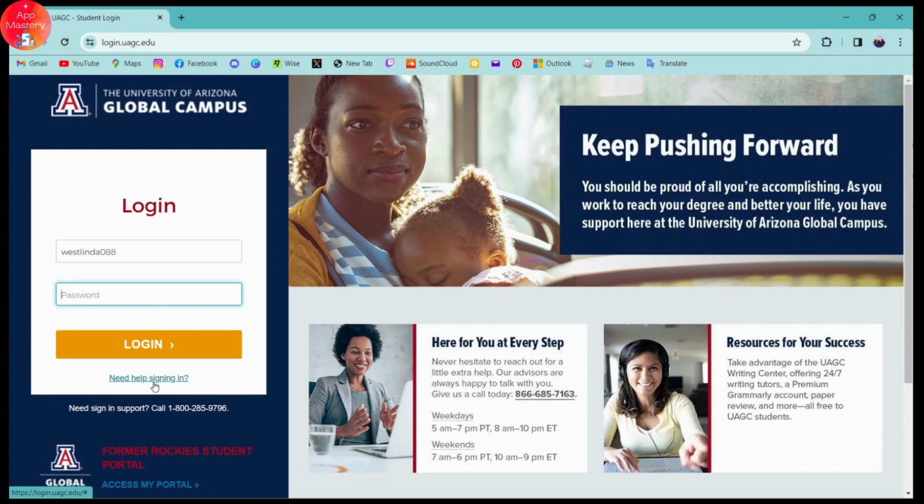But if you remember your information, then simply enter your user ID and then your password and you can click on login. And if your information is correct, then it will log you into your University of Arizona Global Campus account. So that's it. That's how you log into your Arizona University of